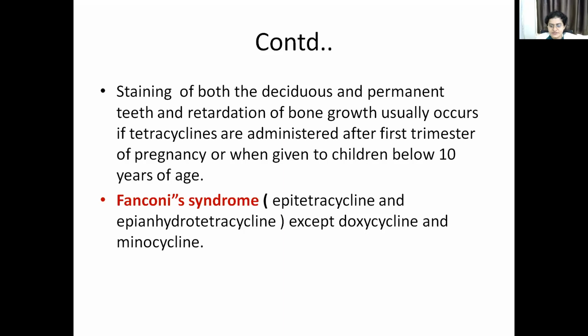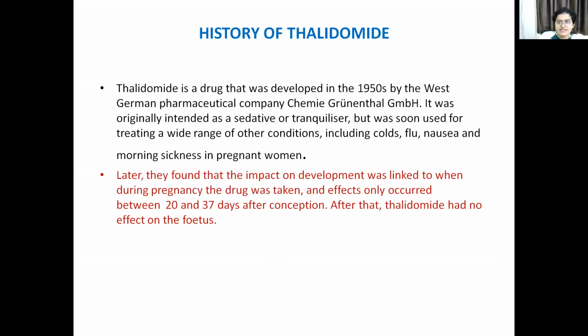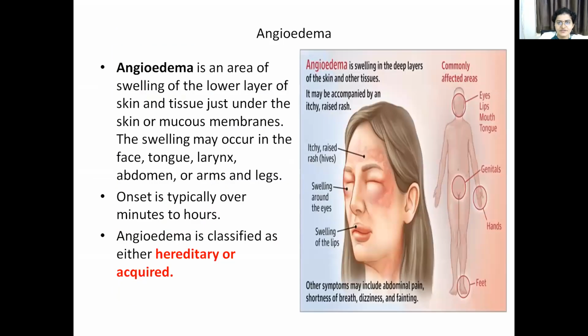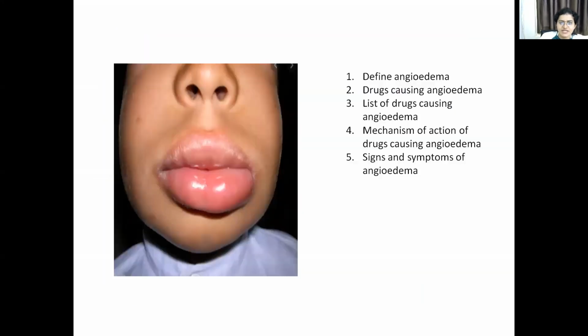Okay. Then other drugs you can remember are amoxicillin with clavulanic acid, that is Augmentin tablet, and chlorhexidine mouthwash. Mechanism is not clear. What are the other syndrome caused by tetracycline? You can write Fanconi syndrome will be there. Minocycline and doxycycline will not cause this effect. Okay, thank you. So these are the three clinical charts you have to remember. Okay, regarding your exam point of view, this chart will be there.